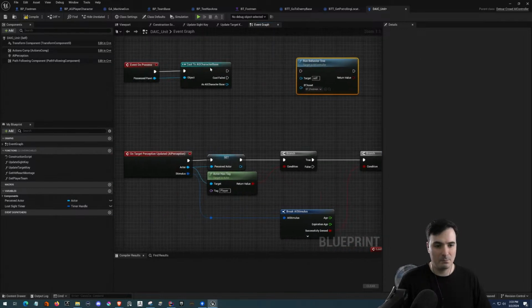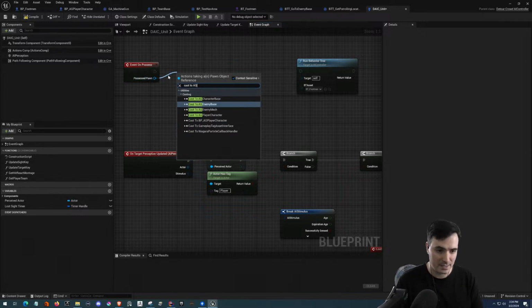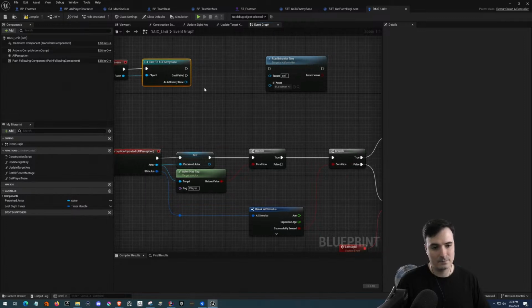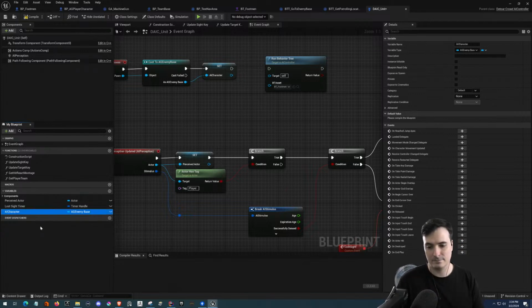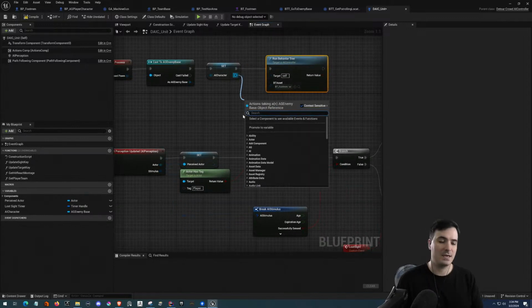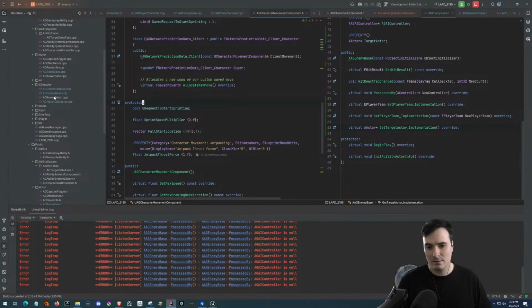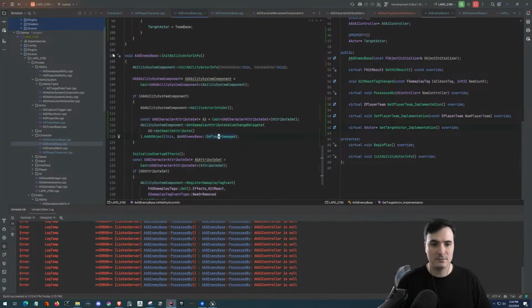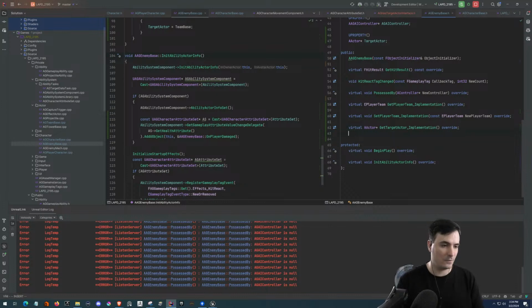to whatever, right? But we're going to actually make this a cast to AG enemy base. Promote variable. AI character. Then from here, we're going to get a get behavior, right? And because it's not available right now, we're going to actually add that in. So we're going to go to enemy base. We're going to jump over to here. We're going to do